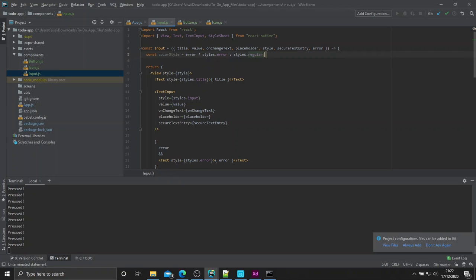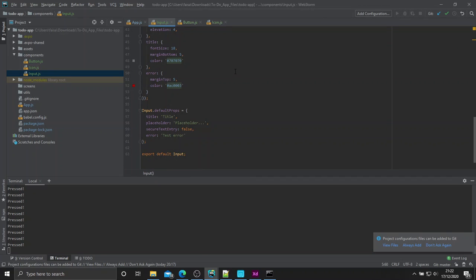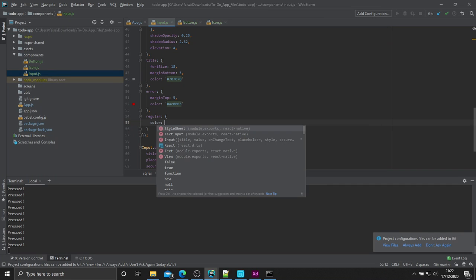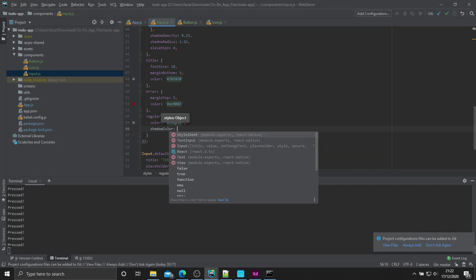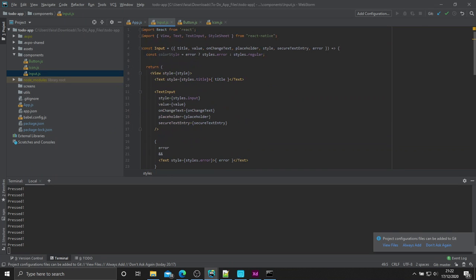Now, what is styles.error, styles.regular? So of course styles.error, we already defined that. We defined the color, and now for our regular is going to be color hashtag 707070 and shadow color hashtag 000. Right, and then